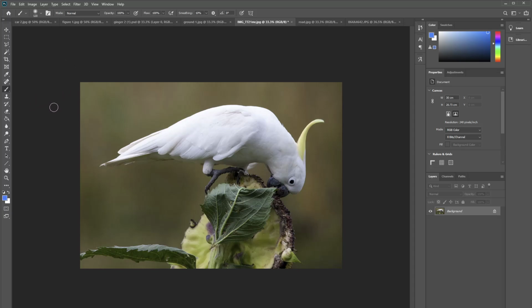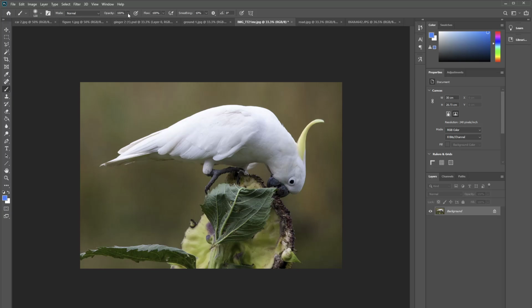The first thing I'd like to say is that if you notice over here on the left, the last tool I've used is the brush tool. Now in Photoshop, it will stay selected forever unless I choose a different tool. And I choose it by left-clicking on it. And now this tool, the Magic Wand tool, is now selected. If I just go back to the brush tool real quick,